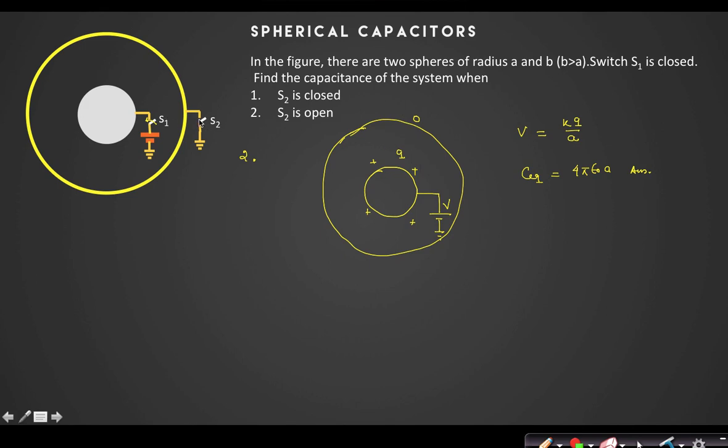Earlier when it was closed, it was connected with ground, so it was not isolated, right? But now it is isolated, so total charge will always be zero. Basically, you can also think about it like this: if this is the negative charge induced, the electric field will originate from A and terminate at B, but again electric field will originate from B and end up at infinity. So basically, from where to where are the electric fields going? Electric fields are going from A to infinity. So this is nothing but an isolated capacitor, just as we have talked about. Have you understood this one? Yes.